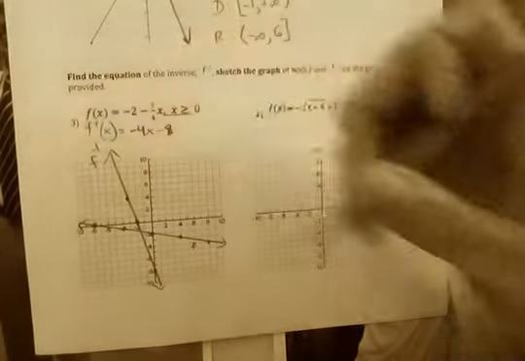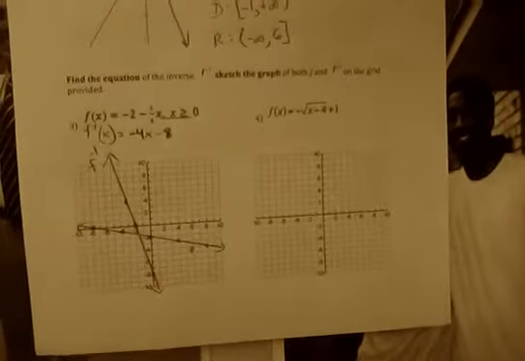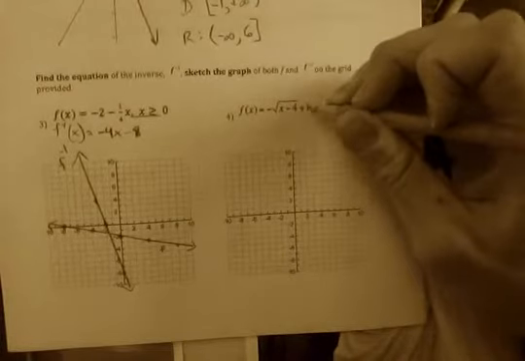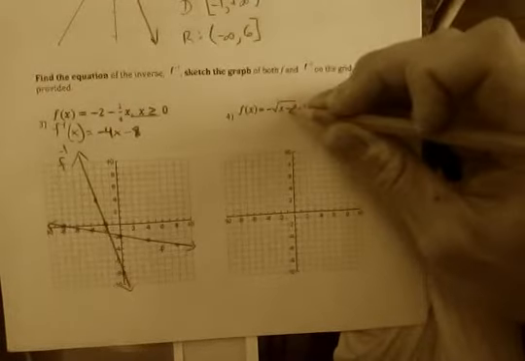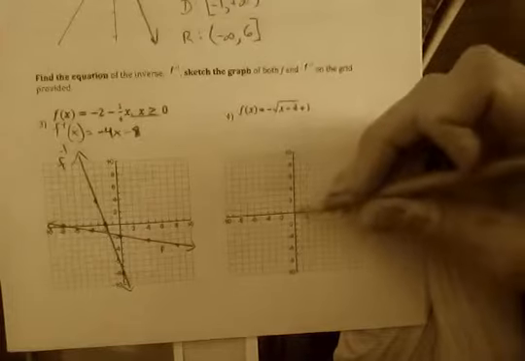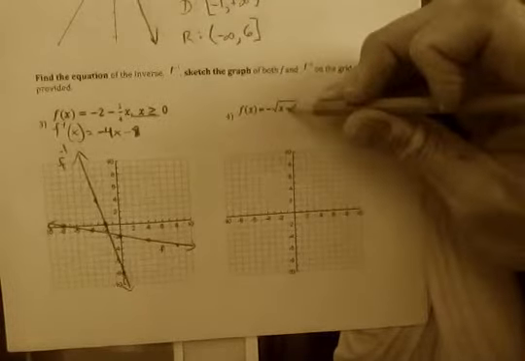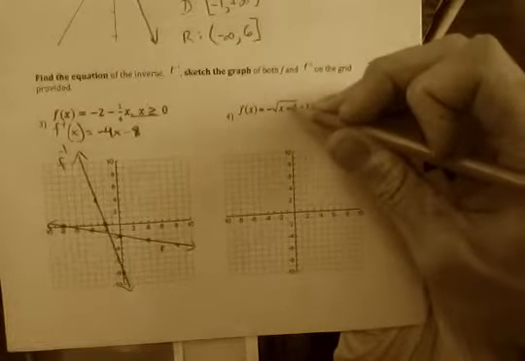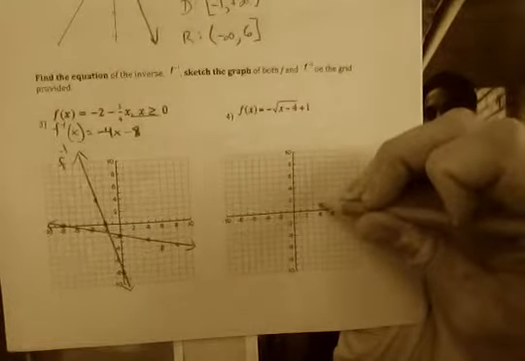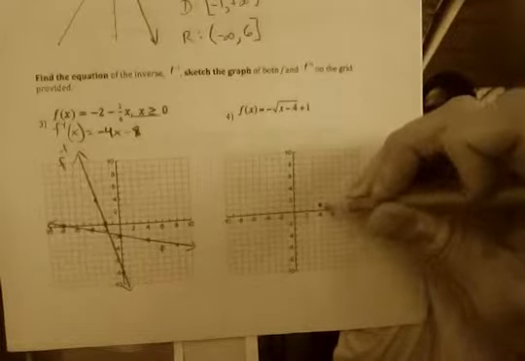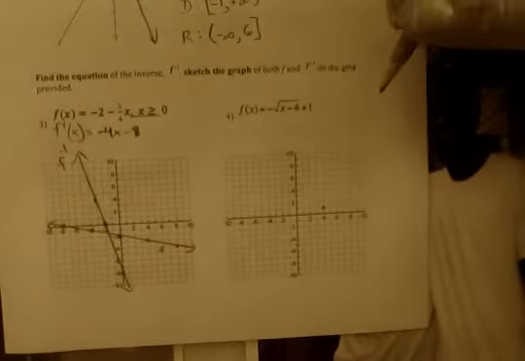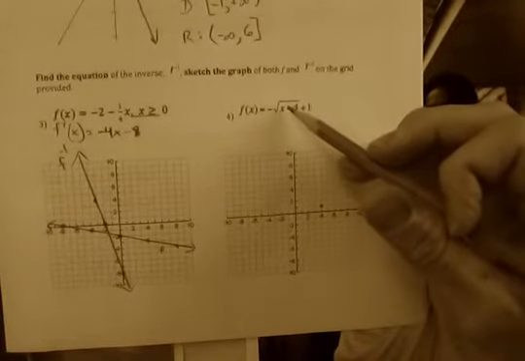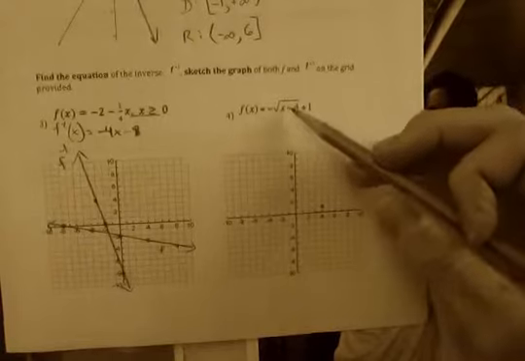Okay, so that's the first one. Second one, f of x equals negative the square root of x minus 4, and then plus 1. This is the parent radical function reflected over the x-axis, so it's going to open down, and then shifted 4 to the right and up 1. Okay, so let's start with the endpoint, which is going to be at 4, 1 right there, and go from there. Just in my head, I'm going to choose, instead of handling the parent function and then doing all the shifting,